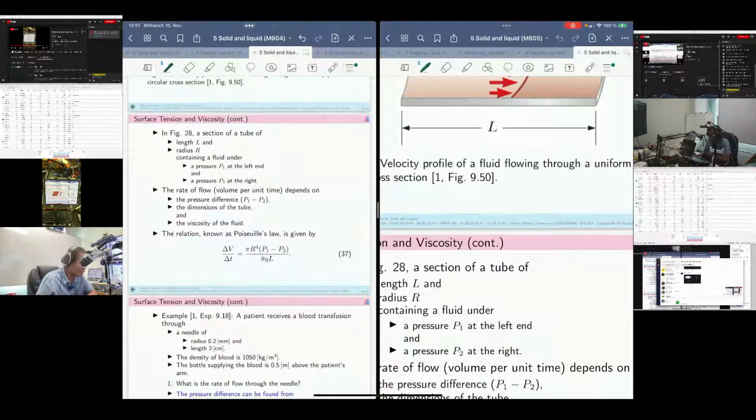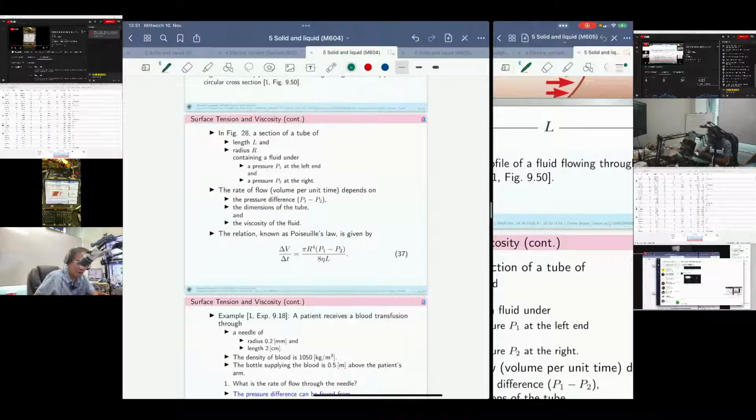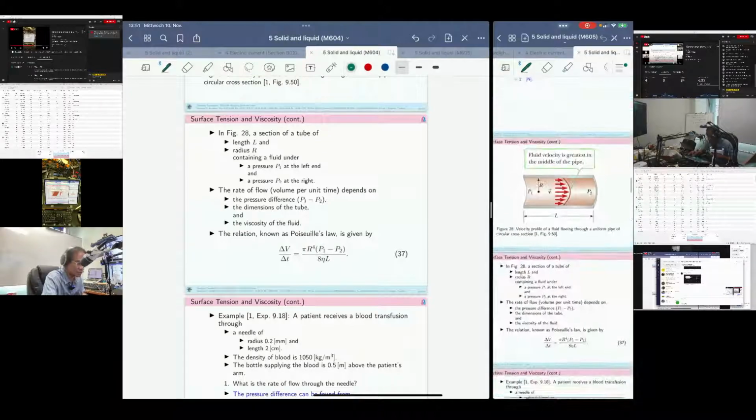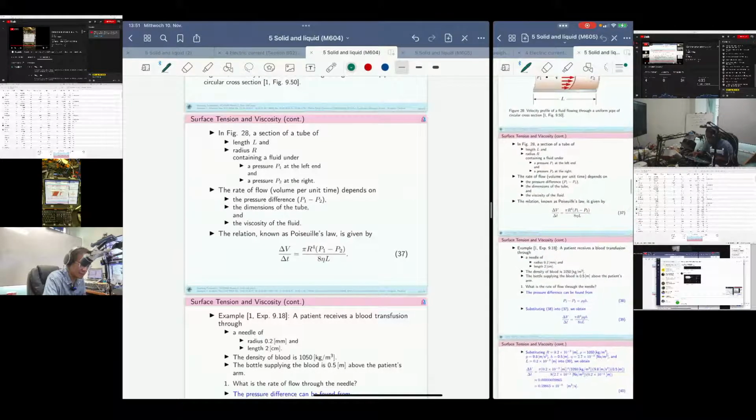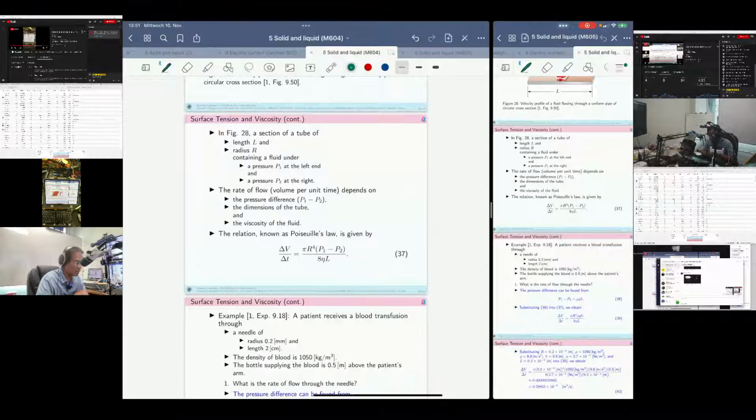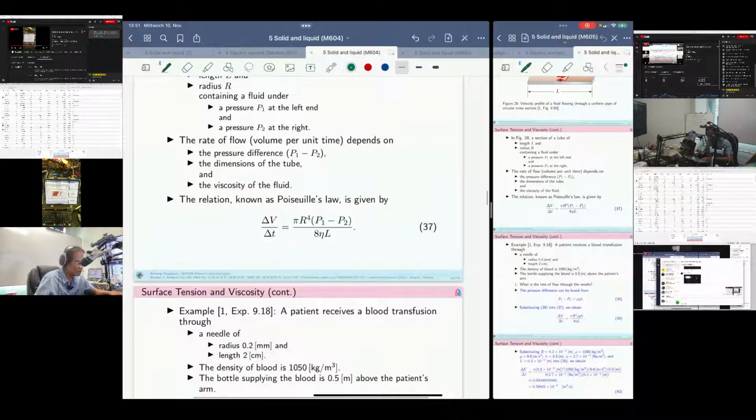Okay, it's the equation by Poiseuille, and as that guy said, he is a French physicist. He's quite famous in formulating the relation of the liquid flow, and the formula that he discovered is this one. Delta V by delta T is pi r